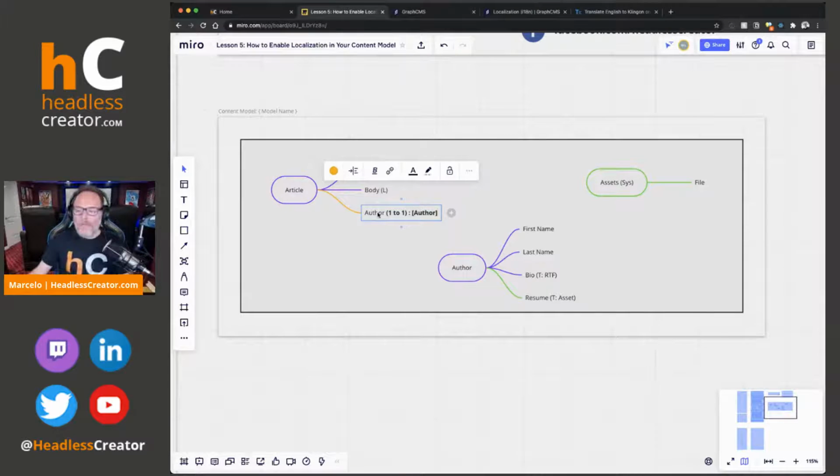Now, the issue that I found right now with GraphCMS, it's not really an issue, it's just the way it works. And I could be wrong, and if I am wrong, GraphCMS, please correct me. But I don't believe you can localize the reference field where you can add multiple references to that same field in a one-to-one relationship. Localization is blanked out, and I'll show you. But, and I could be wrong, if I am wrong, I will post a correction on that. But I couldn't find it. So in this case, we're going to assume